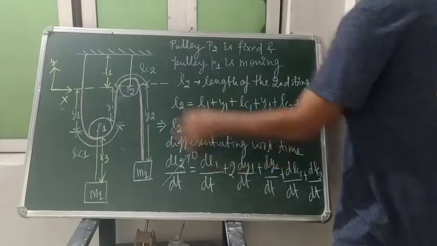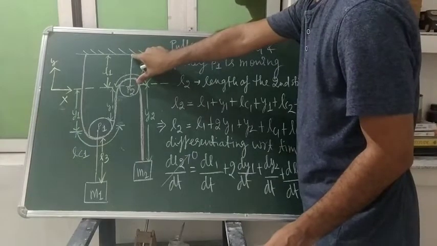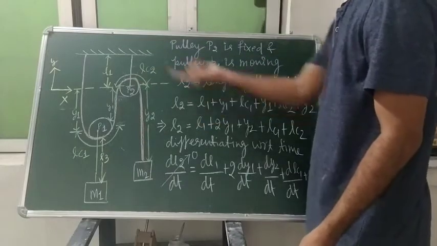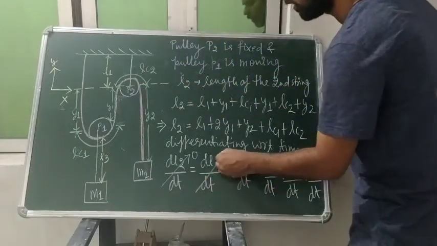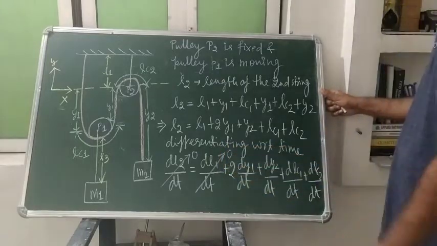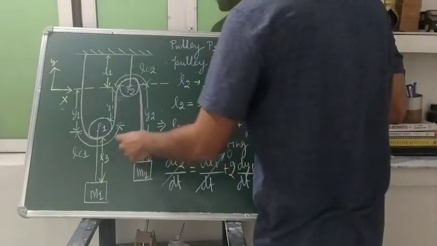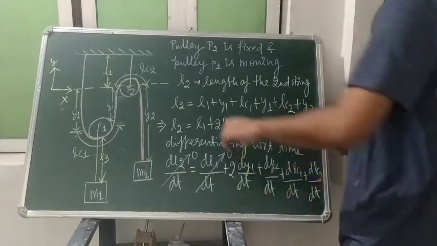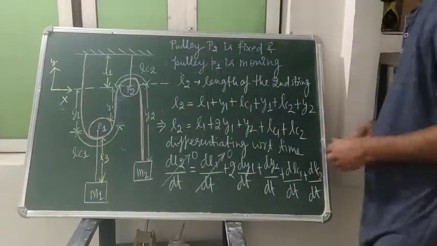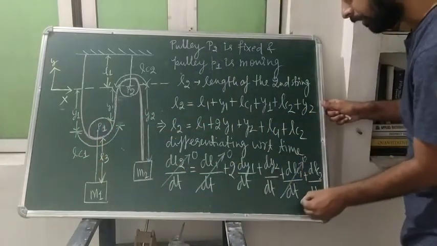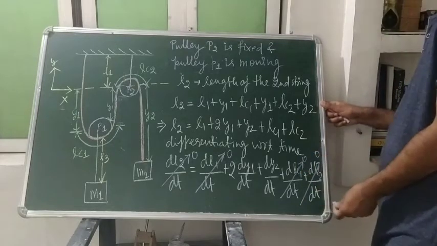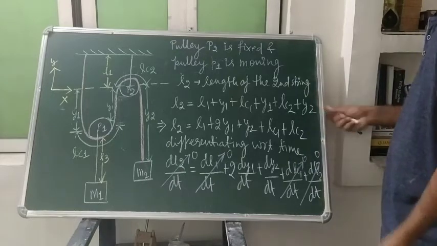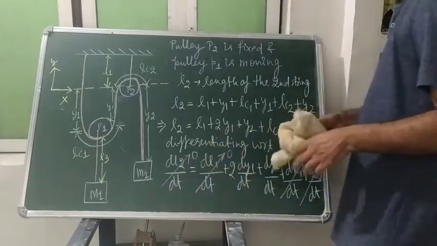And of course for the L1 string, whatever length is present here, the same length will be present at that place, because this pulley is fixed. It is not going to change. So this one will also be equal to 0. And of course, student, whatever length is over the pulley is not going to change when the movement takes place. Again and again we will get the same length over the pulley. So the differentiation of LC1 and LC2 will become equal to 0, because we are differentiating a constant thing. Isn't that what I have discussed with you?